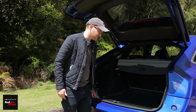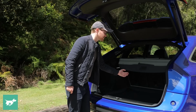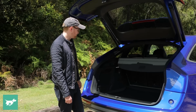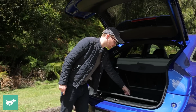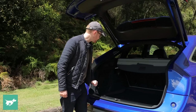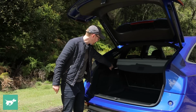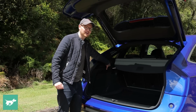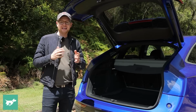You've got this pleasant finisher here so you don't scratch that lovely blue paint. We've got a net so your groceries aren't sliding around when you're enjoying the dynamic capabilities of the car. And then underneath this boot floor, we have a collapsible space saver, netting, remote releases to drop those back seats, and controls to lower the whole car, because this one, interestingly, is fitted with the $4,000 air suspension, which is